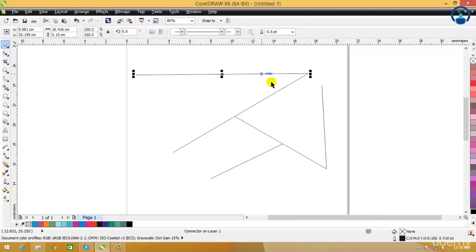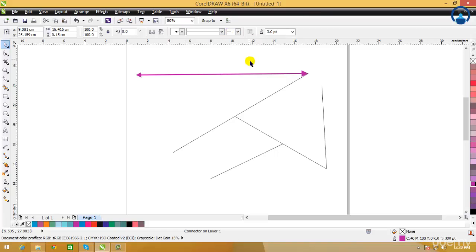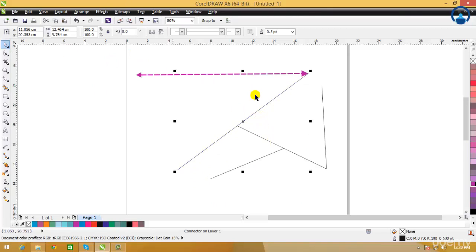Okay, now if I select this object, suppose if I want to change the line color or width, I can do it from here. Go to this color, right click on my mouse, and I can change the color. If I want to increase the line width, I can change the line width, and if I want to give some arrow shape, I can do it here. The same, if I want it in dotted line, I can get it done from here. Okay, this is connected to first line, so we can select individual lines here